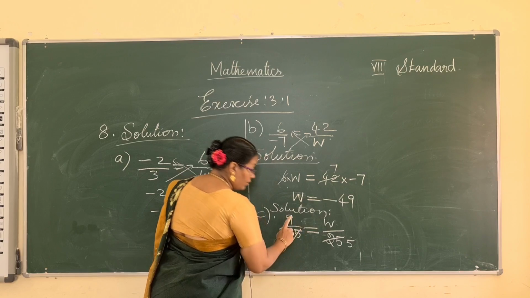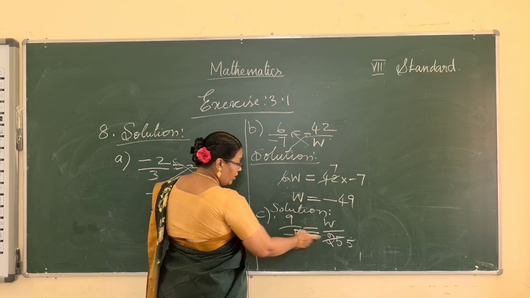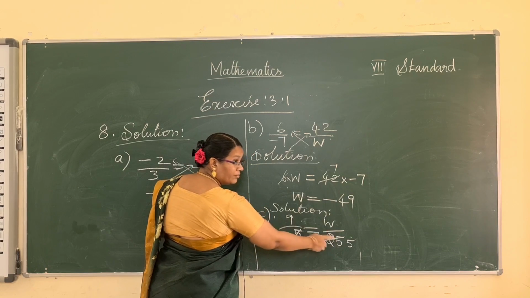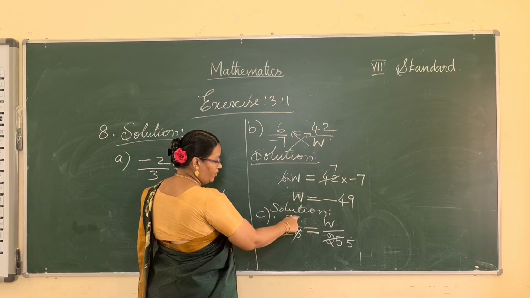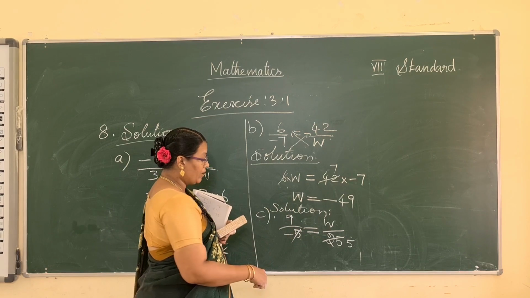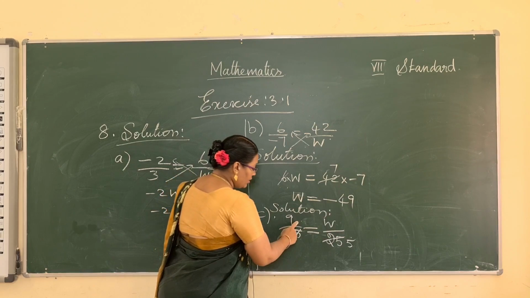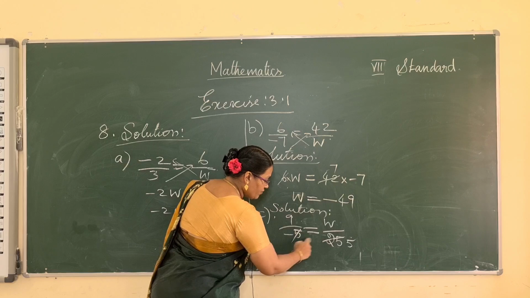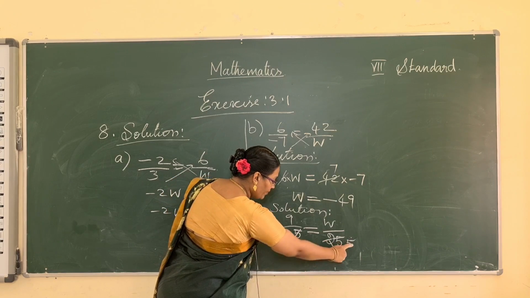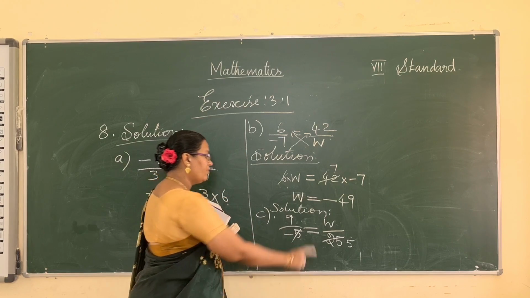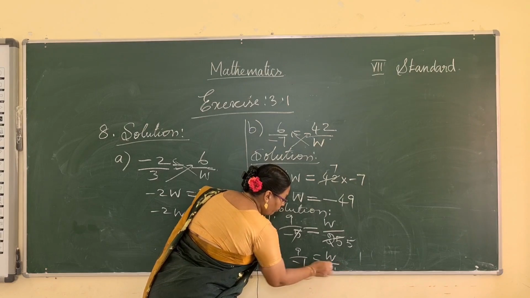So minus 5. The numerator, we should not cancel. If this is possible, the particular rational number will be simplified. That is the standard form you can do. But here we do not cancel the numerator. So 9, here minus 5 is cancelled. Only the denominator is cancelled. So minus 5, 5 ones are 5, 5 fives are 25. So 9 by minus 1 is equal to W by 5.